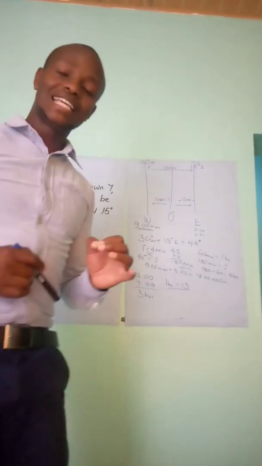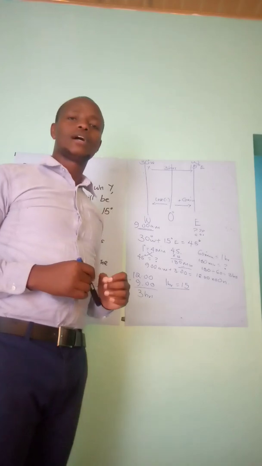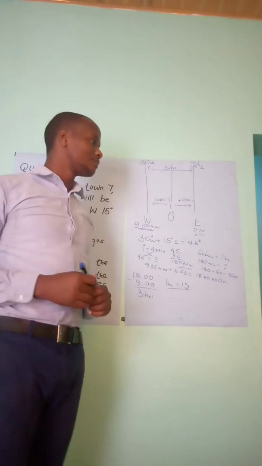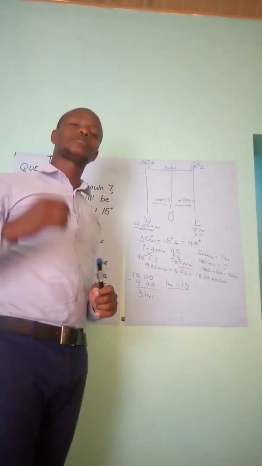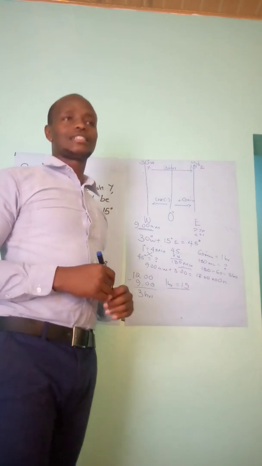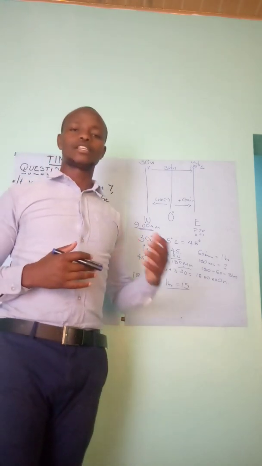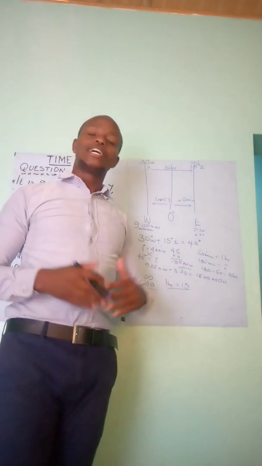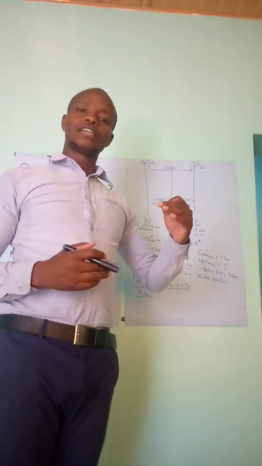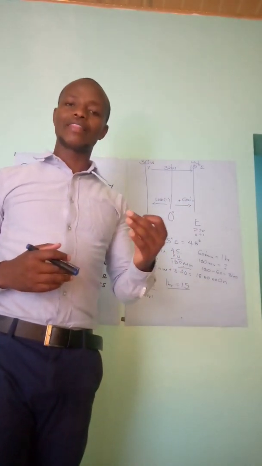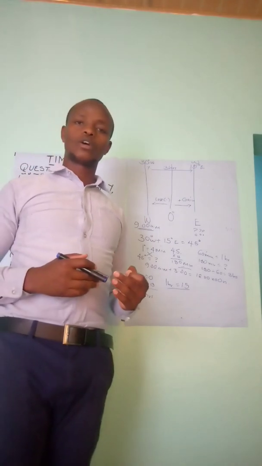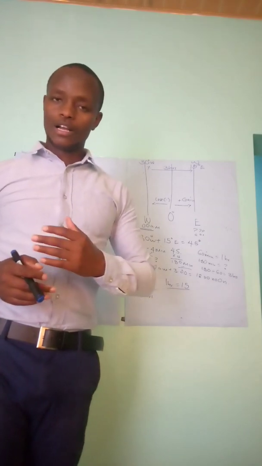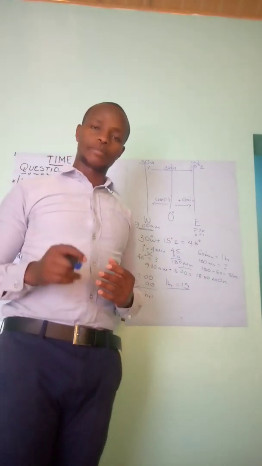Today I'm going to be taking you through time, calculating time. And before we start, it is very important for us to understand that the earth rotates and revolves, and there's a difference between the two. Rotation is the spinning of the earth on its own axis, while revolution is moving around the sun following a path